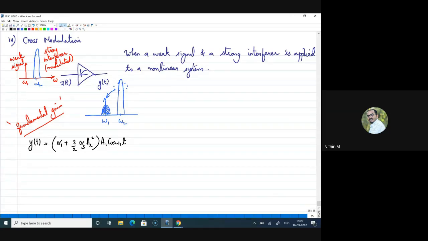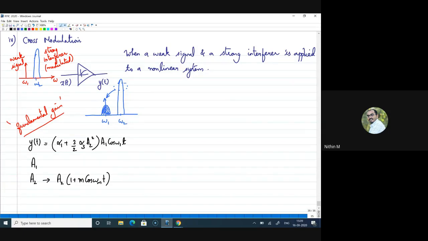For simplicity, in order to do this analysis, A1 is a pure tone, so it is A1 itself, and A2, since it is modulated, I am taking it as an amplitude modulated wave. So the amplitude A2 is modulated using a signal. The expression can be written as 1 plus m cos omega mt, where m is the modulation index. I hope you are familiar with this expression through your CS1, CS2 classes, right?